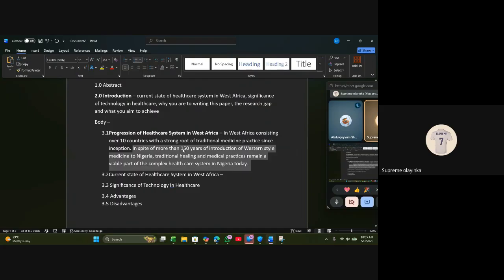But now I can see that it has been over 150 years that Western style of medicine has been introduced to Nigeria, one of the countries in West Africa. Ordinarily, I would not have known that it is over 150 years, right? Which is why I have to reference this particular paper and give this scientist or group of scientists an acknowledgement. That's the major reason we are acknowledging, the major reason we are referencing. So in this case, I can say Western